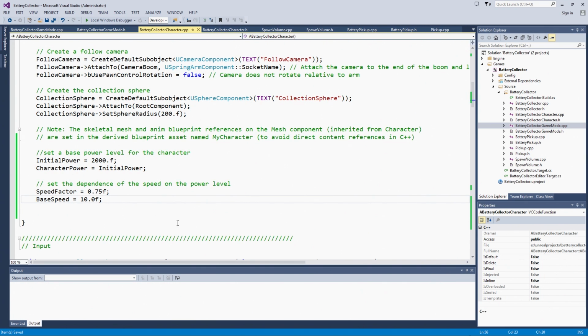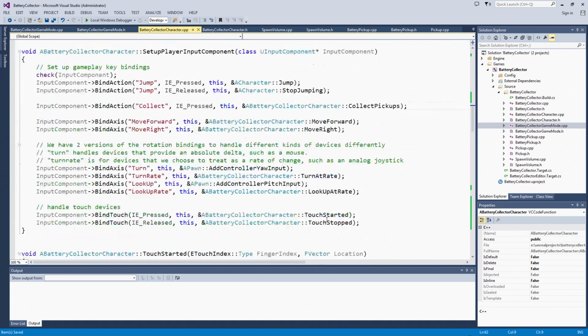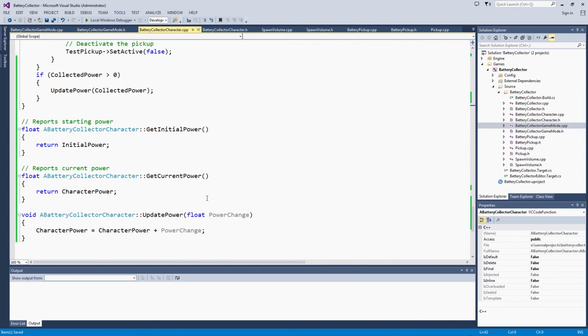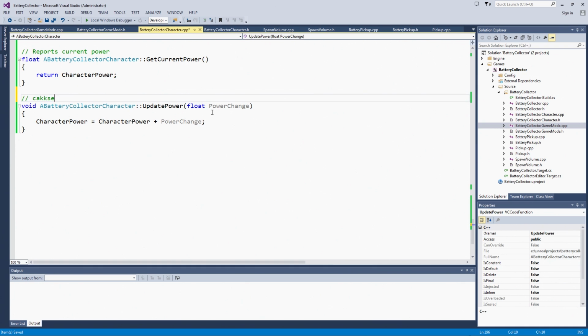Now that those are set, we can actually start manipulating the character speed based on the character power. And we're going to do that in the update power function we wrote down here. That's because update power is called every single time power is increased or decreased. So by putting our speed change in here, our speed will also change every time the power is increased or decreased. We're going to get the character movement component using the getCharacter